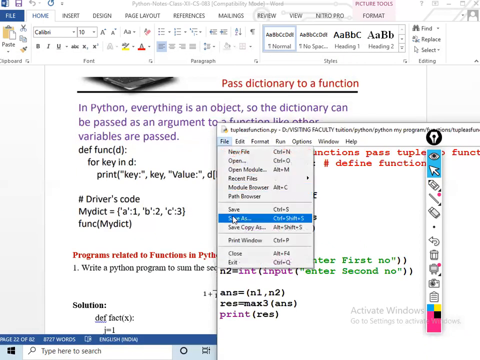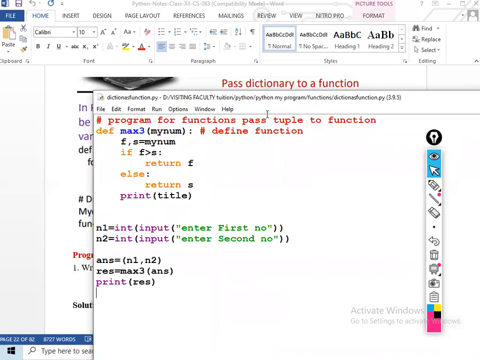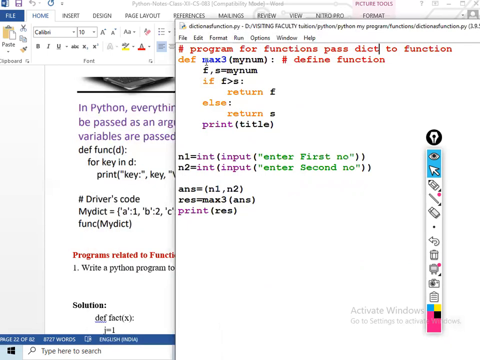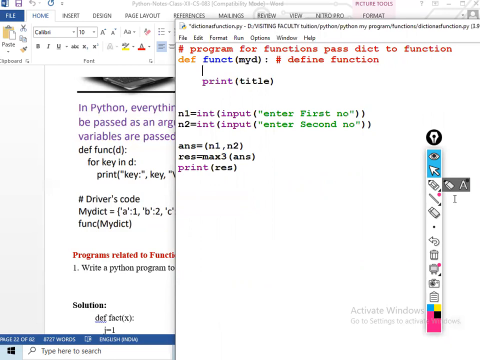As a dictionary, my dictionary: for i in, I'll take it as i, or take key. Key in my d, my dictionary.